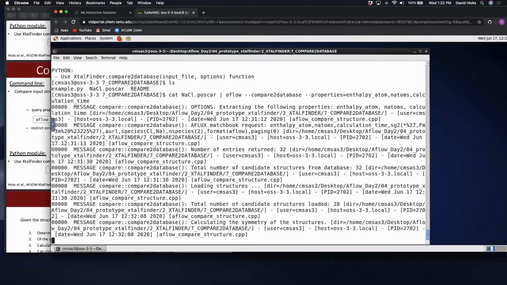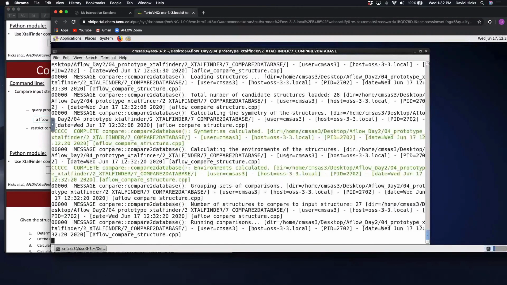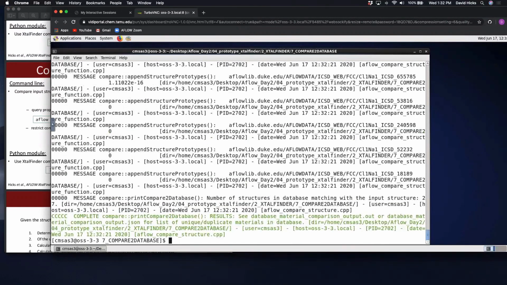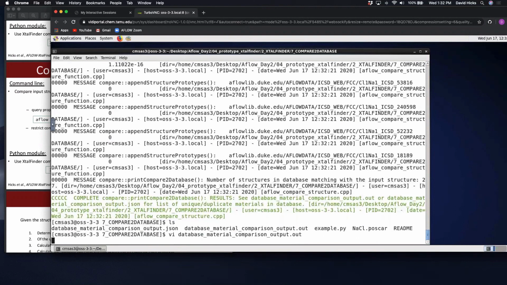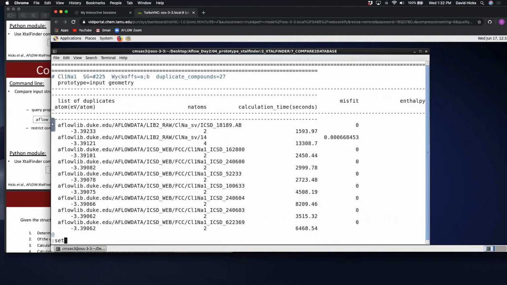And it looks like it's taking a little longer than I anticipated. There we go. Okay, so it's done. See this file. So if we do ls, let's open database material comparison output.out. And if we do set no wrap,